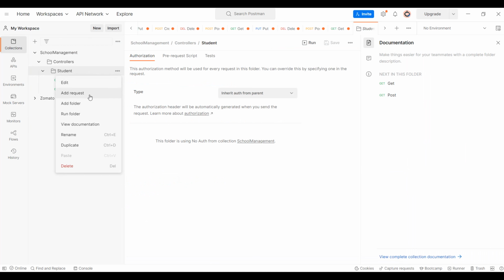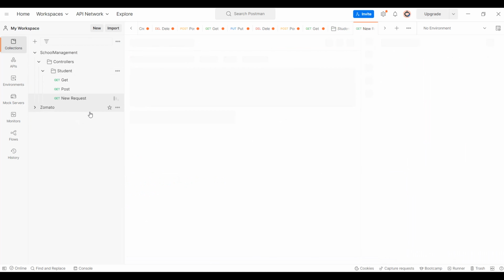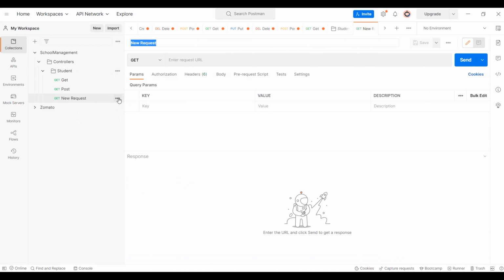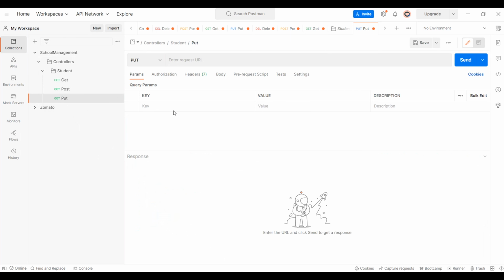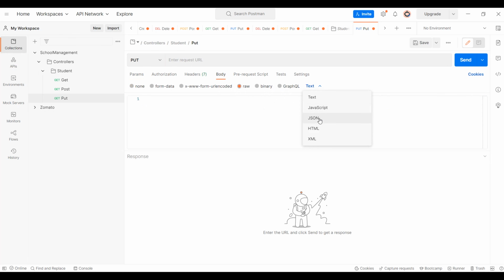and add the request. This is our PUT request. This is PUT, and copy this and go to body and select raw, and within that select JSON and put it here, and the